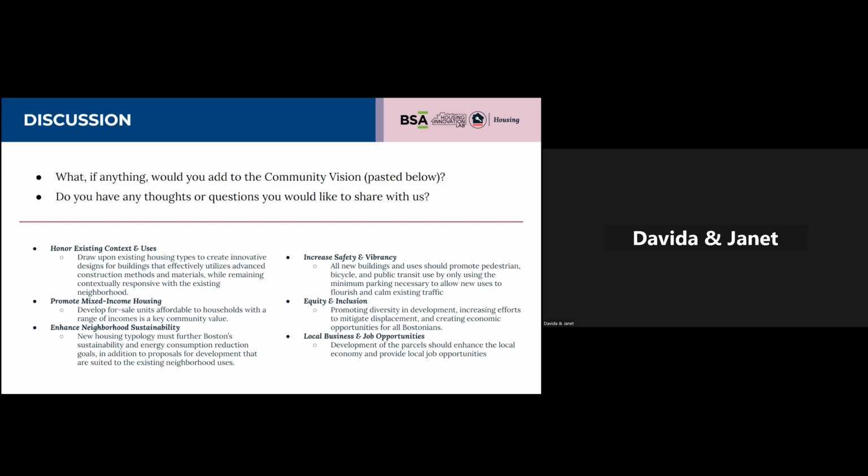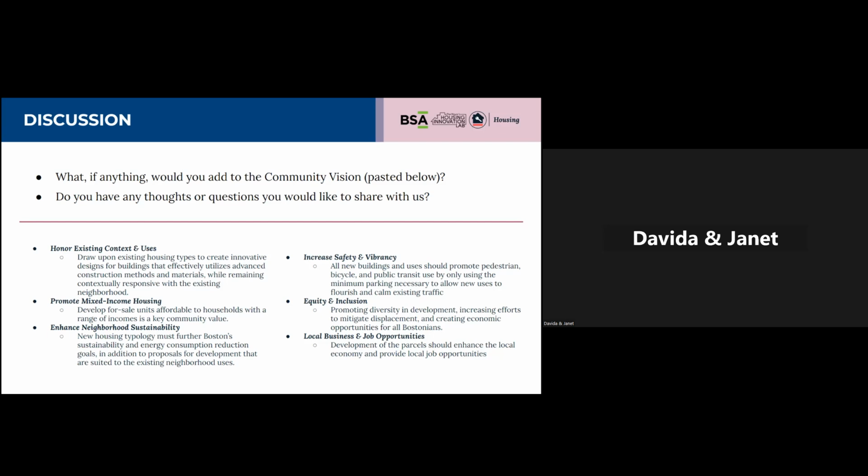I'm chair of the Greater Bowdoin Geneva Neighborhood Association, and I'm a resident of Bowdoin Geneva. There's no surprise that the number one theme is affordability. And I know folks might be tired of hearing me say, what degree of affordability are we looking at?